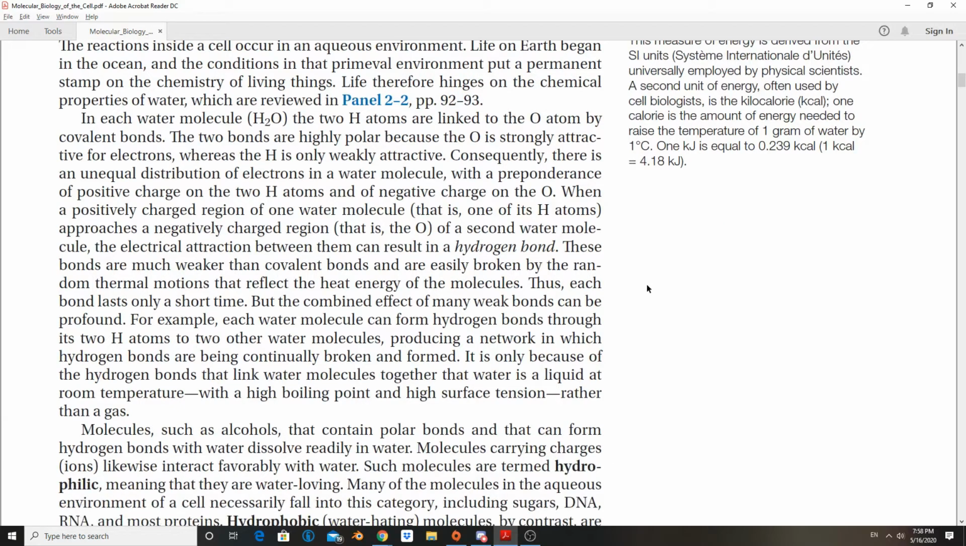In each water molecule, the two hydrogen atoms are linked to the oxygen atom by covalent bonds. These two bonds are super polar because the oxygen is strongly attractive for electrons. This is known as electronegativity, whereas the H is only weakly attractive. If you want more information on this, check out our chemistry videos on Info Index. Anyway, there's an unequal distribution of electrons within this water molecule, and